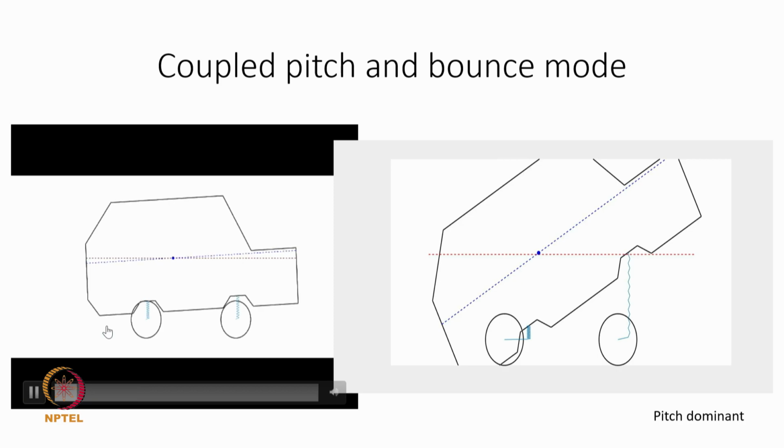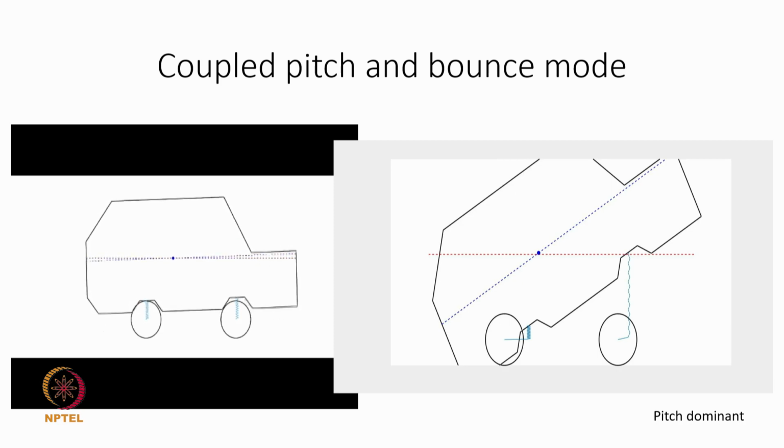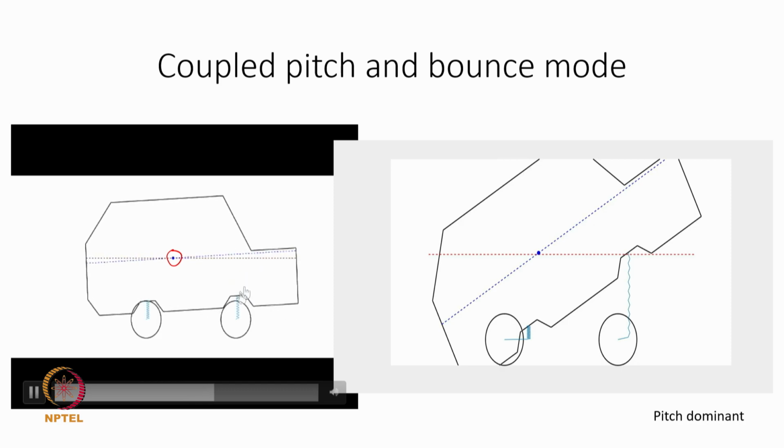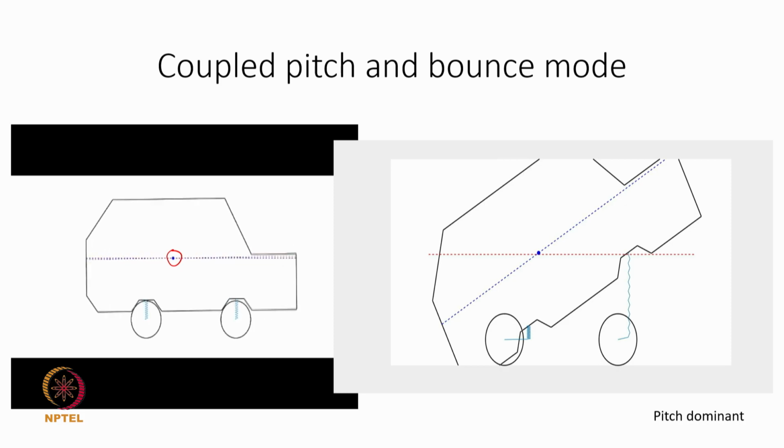And so if I animate these coupled pitch and bounce modes, the first mode looks like this, almost pitch. There is a bit of a bounce motion that might happen, but compared to the value of the pitch, the bounce is almost negligible. There is a slight vertical motion that you can expect in this coupled pitch